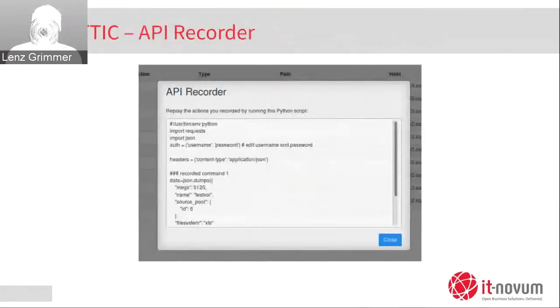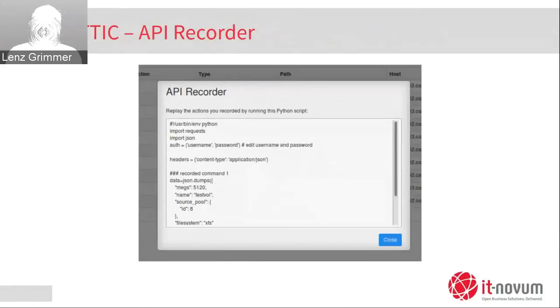One of the interesting little features that we have, I like mentioning it because I haven't actually seen it in any other web UI so far. As I said, the OpenATTIC web UI uses the REST interface exclusively to communicate with the OpenATTIC backend. And of course, if you browse the API endpoint with the web browser, it's self-documenting. You can click on the various sub-links, so to say, and you get a list of options and things like that. But if you are a developer and you want to create a small script that automates a certain task, like, for example, creating a share or a storage volume,